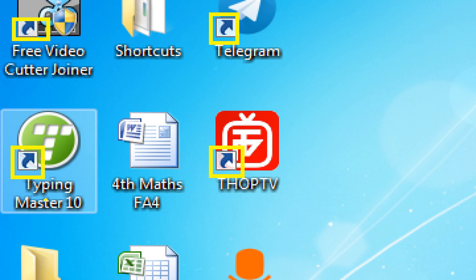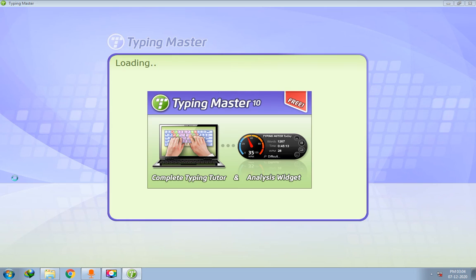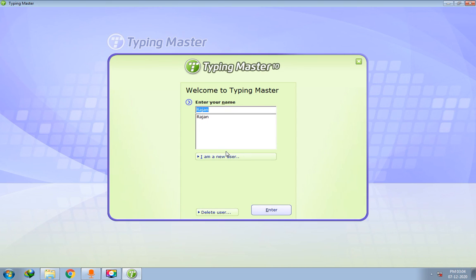So I will show you how to open the application. We will take this example of Typing Master. So I will select the application first. What you have to do, simply you have to click that icon. After that just observe that it turns to blue. Okay, and now you can double click on it. So let me double click on it. Yes, the software is launched or the application is now opened.